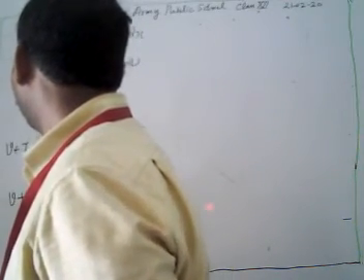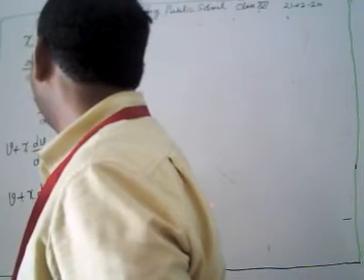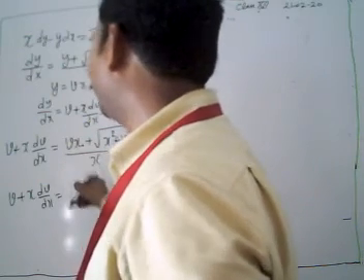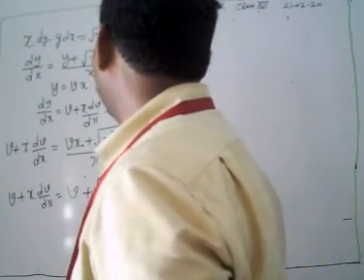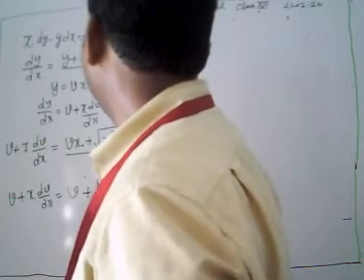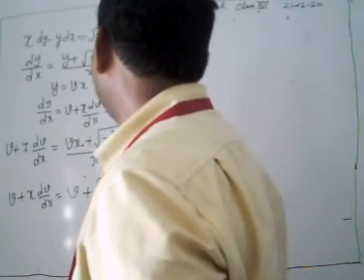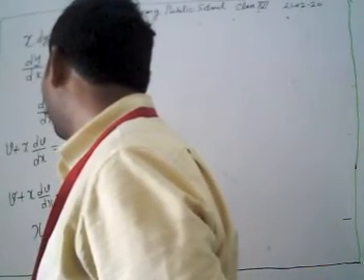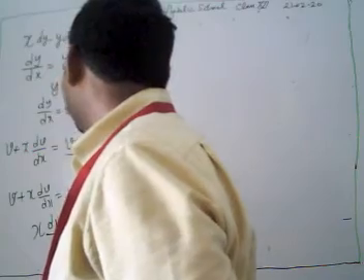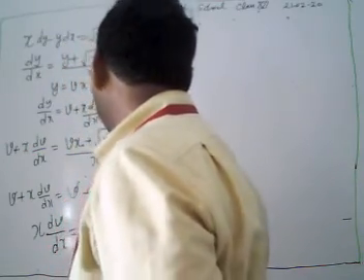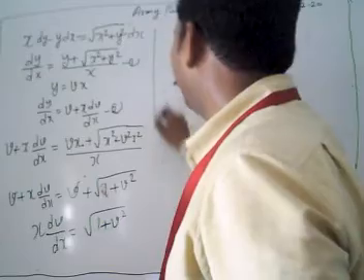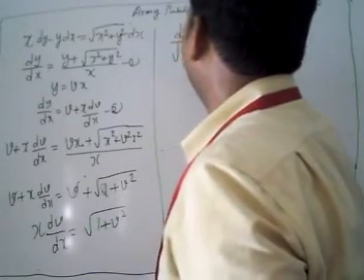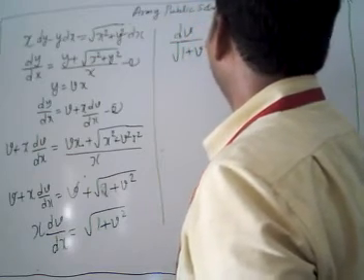Then we have v plus x dv/dx equal to, taking out common x and cancelling x, v plus under root, taking out common x, only 1 plus v square. And v and v also cancel. Then what we have is x dv/dx equal to under root 1 plus v square. Now we have to separate our variables. Then we have dv upon under root 1 plus v square equal to dx by x.